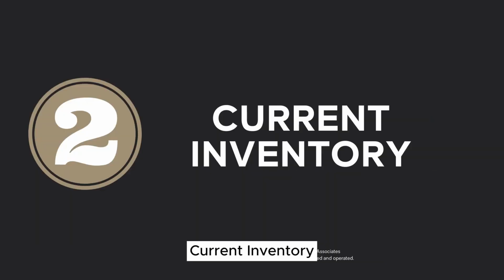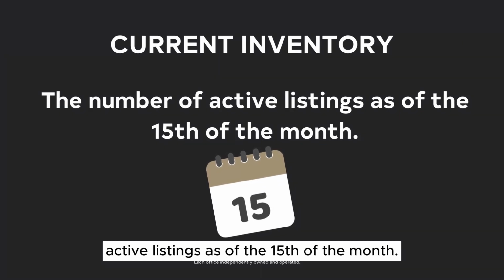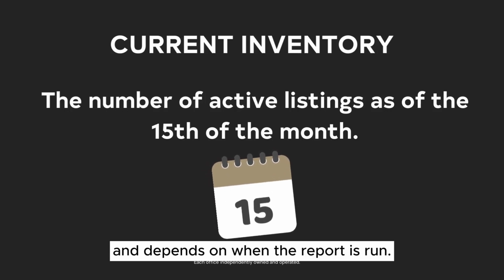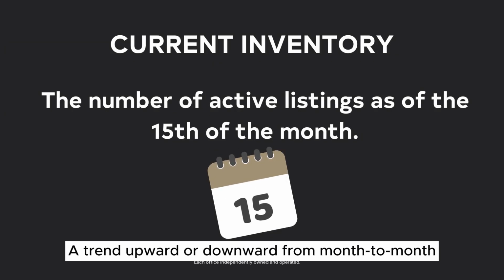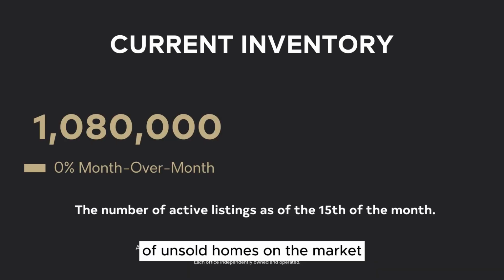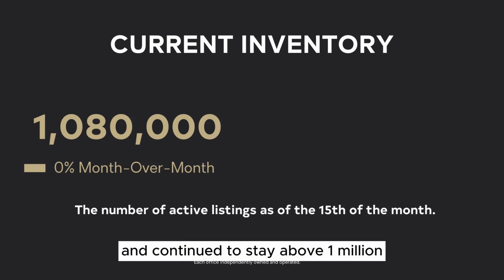Current inventory. Current inventory reflects the number of active listings as of the 15th of the month. The number of actives is not static and depends on when the report is run. A trend upward or downward from month to month can be established by using the same day of every month. The actual number of unsold homes on the market was 1.08 million and continued to stay above 1 million for